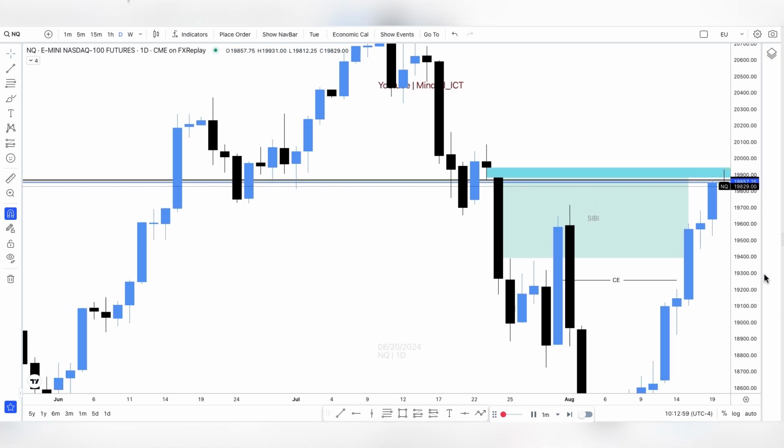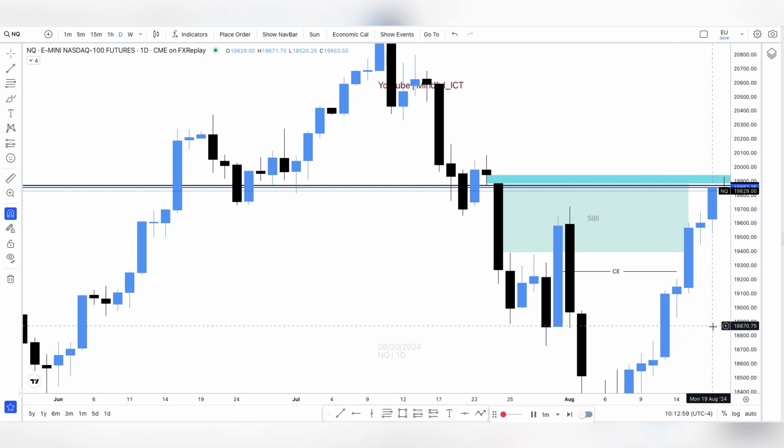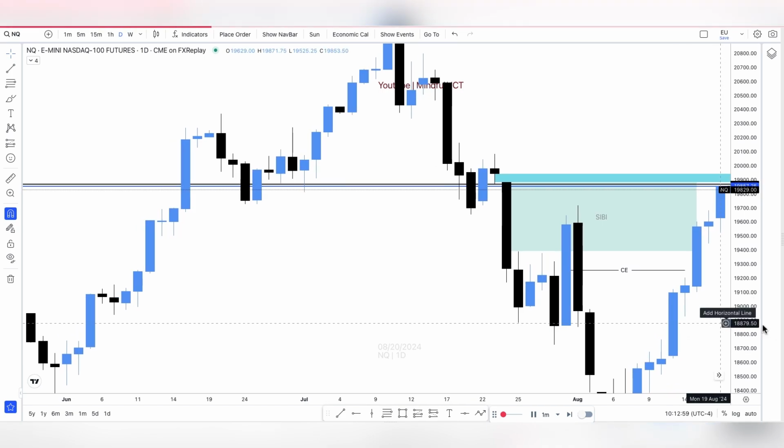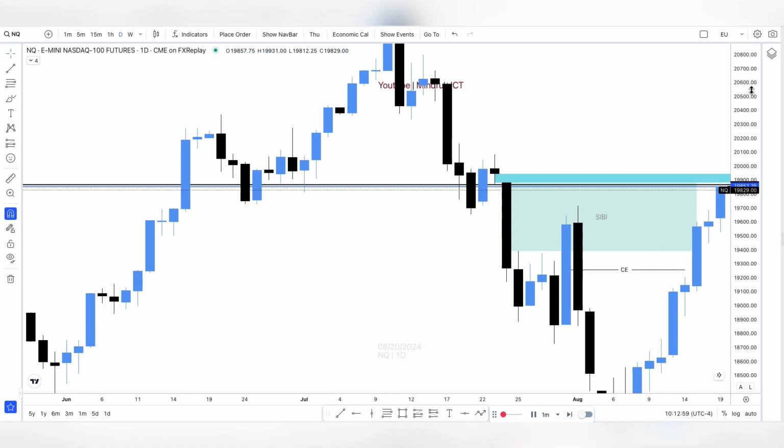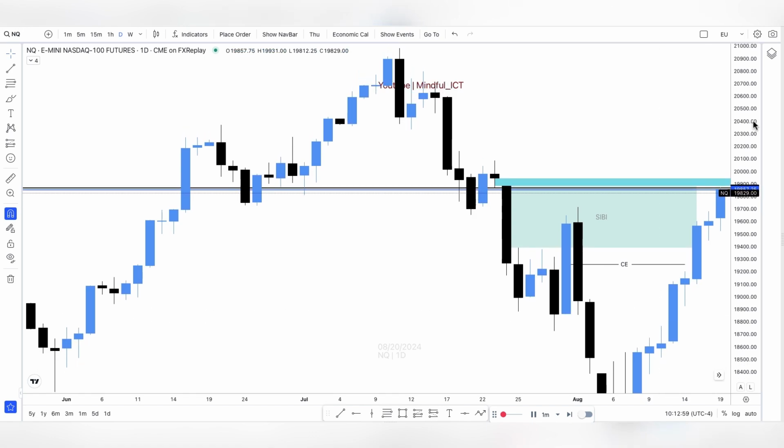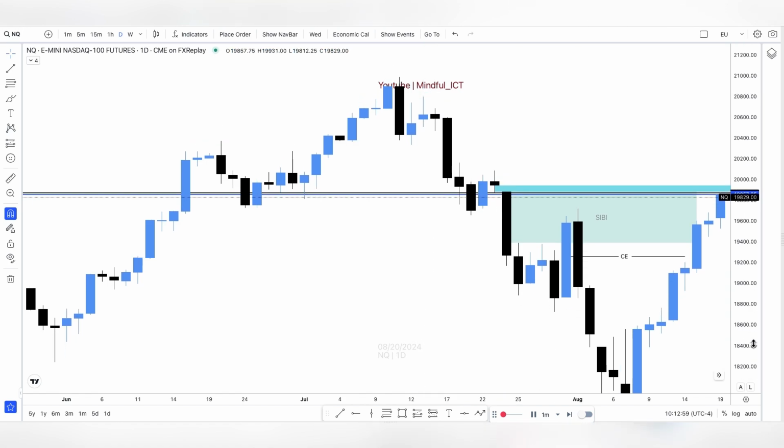In this lecture, ICT teaches us how to read order flow effectively, offering valuable insights into price delivery continuum theory. If you want to learn how to read the order flow correctly, make sure you watch the video till the end. There are some golden nuggets in the end, which will make you confident in holding the trades. These advanced concepts will help you gain a deeper understanding of how the market moves and how to anticipate its